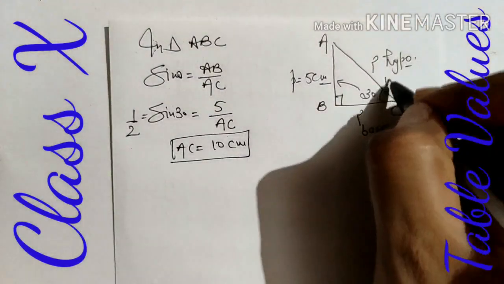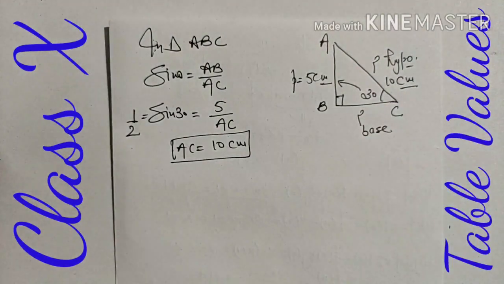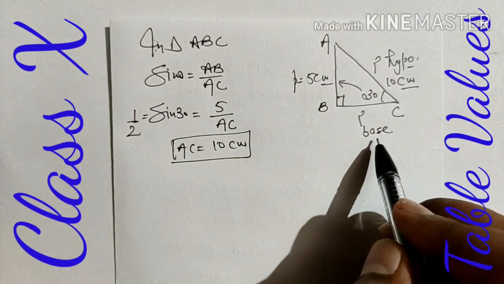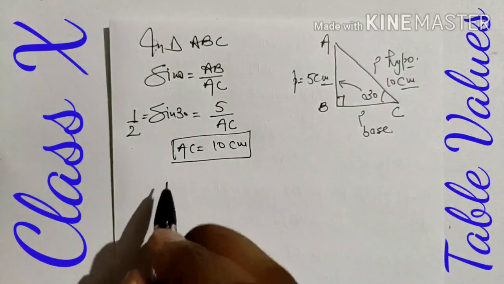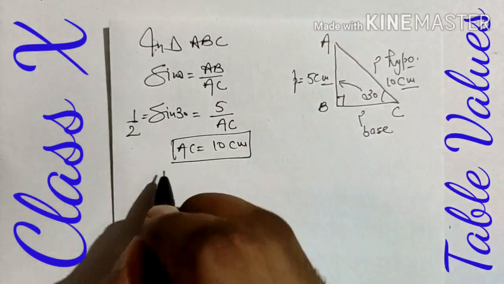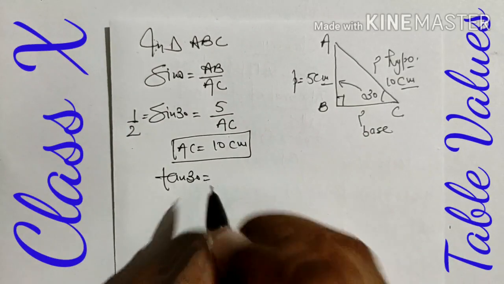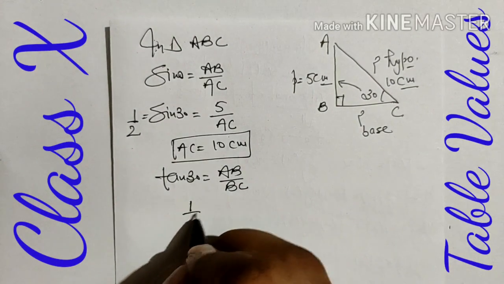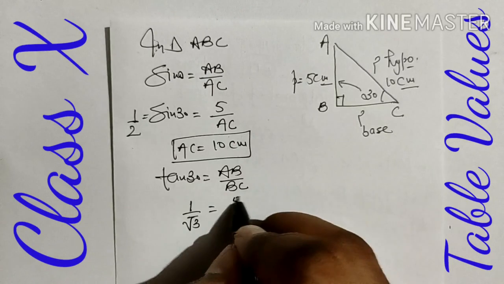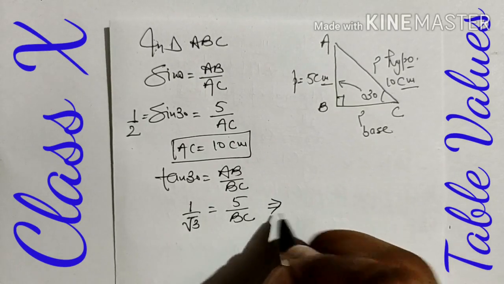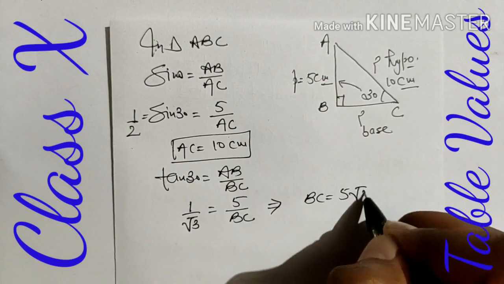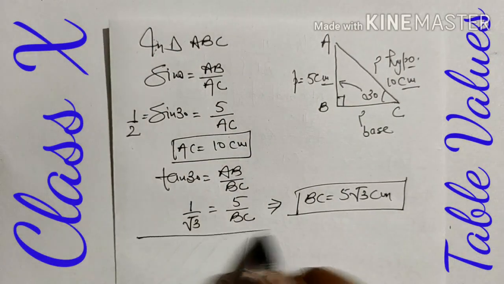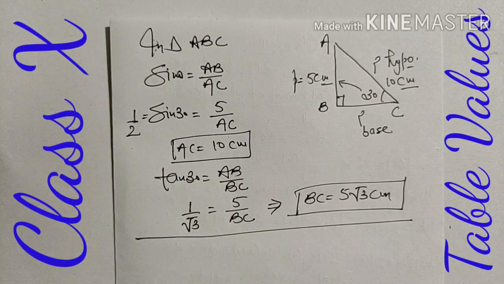Now there are two options. We can use Pythagoras theorem, otherwise T ratios. Because perpendicular is given and hypotenuse is given, base we can calculate by Pythagoras also. But we are going to continue using P with B. We know that P by B is given by tangent theta, AB by BC. Tangent 30 from the table is 1 by square root 3. AB is given as 5, BC is unknown. By cross multiply we get here BC is 5 square root 3 centimeter. And highlight your answer so it is easier to identify.